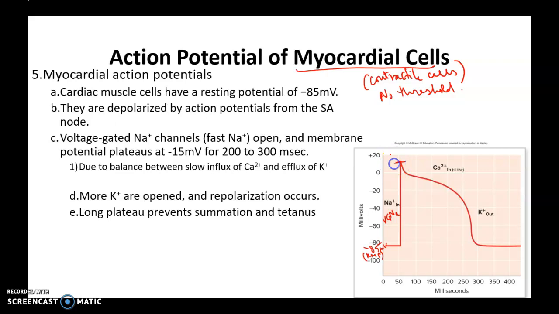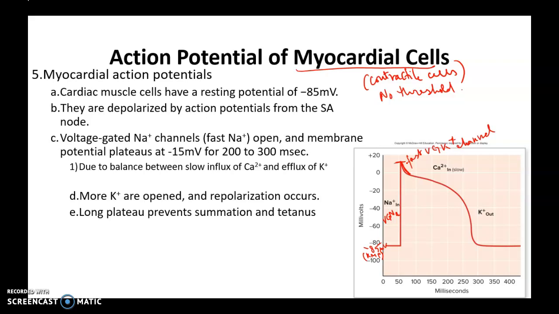At that point, the voltage-gated sodium channels close, and there are some fast voltage-gated potassium channels that open. They are fast channels. A lot of potassium goes out, and then the membrane potential comes down to about